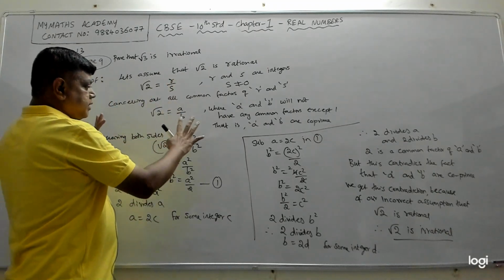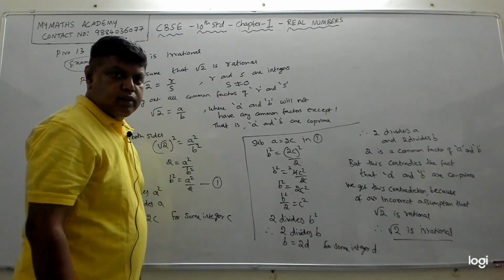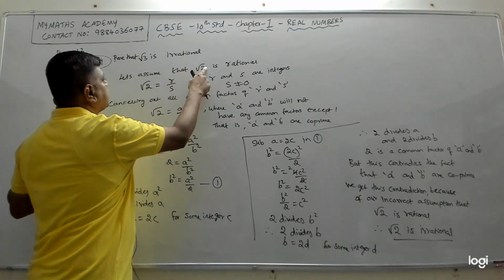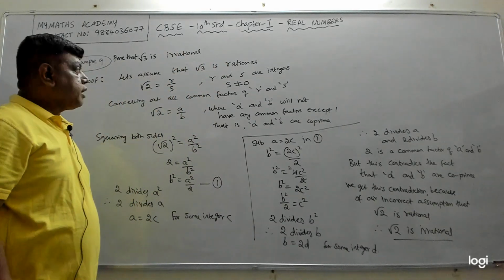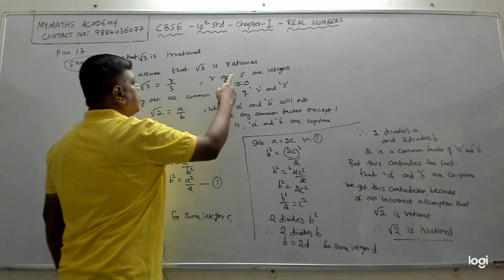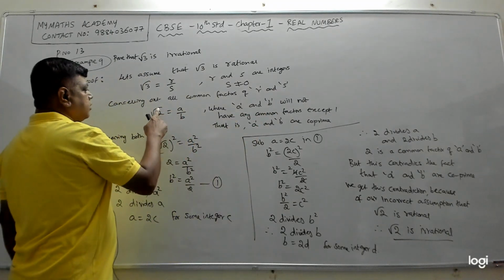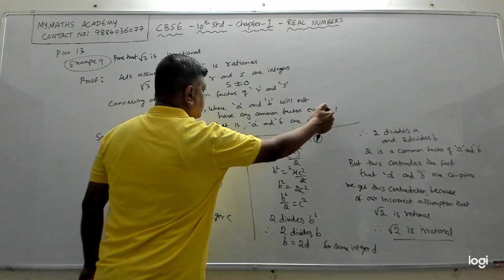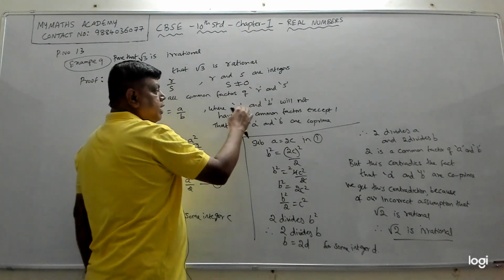Now what I will do, I will just keep this as it is. I will keep changing a few things here and there. So how do we start? The same way as we did. We will say let's assume that root 3 is rational. Then root 3 can be written as r by s, where r and s are integers and s is not equal to 0. Now cancelling out all the common factors of r and s, then root 3 becomes a by b, where a and b will not have any common factors except 1, that is, a and b are co-prime, which means there is no number that will divide a and b.